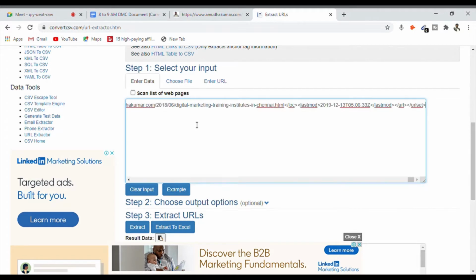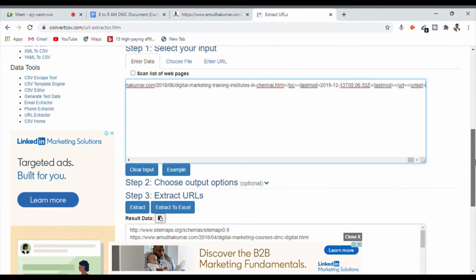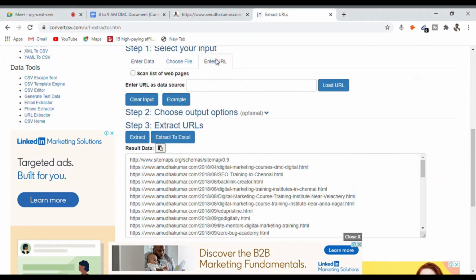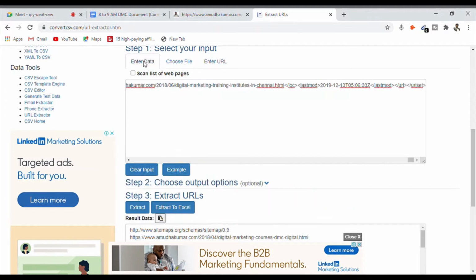I come down. I can also feed my sitemap URL. Can you see here? I can feed my sitemap URL. But I have given the data, so I can come down and click on extract. Once I feed my complete text and click extract, you know what happens?